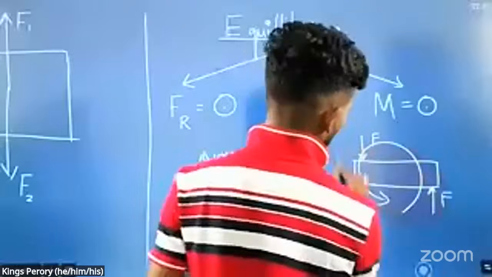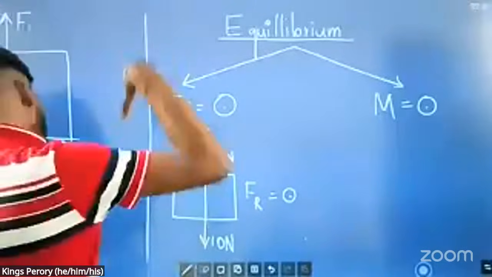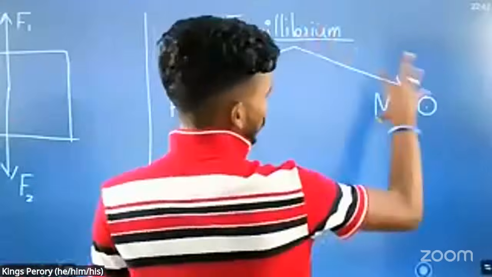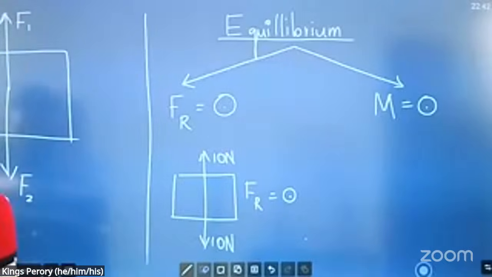So remember, two important conditions for an object to be at equilibrium: the total resultant force should be 0, and the total moment should be 0. Then only can we tell the object is at equilibrium. Now,